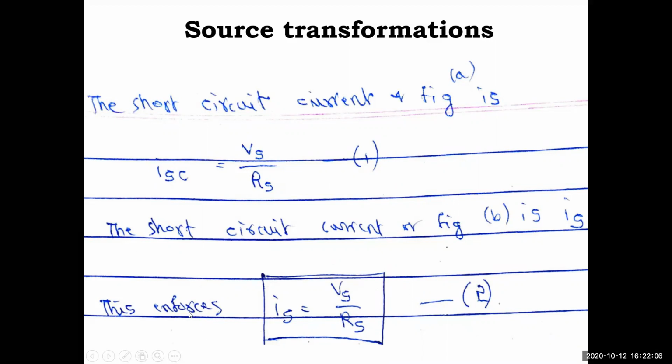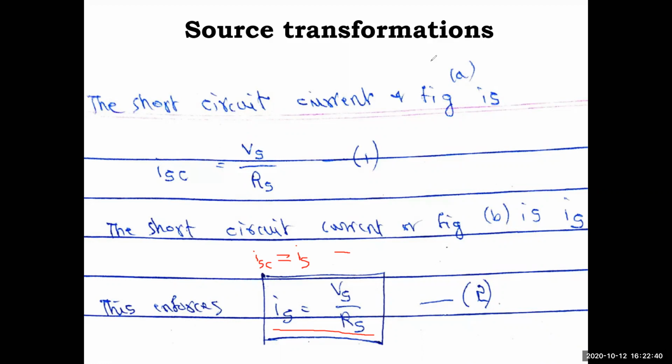So from this equation and this, here ISC is equal to IS, and here ISC is equal to Vs by Rs. I may have missed one step here. So you can write here that the short circuit current with respect to circuit B is equal to IS. So from these two equations, ISC cancels out, so IS is equal to Vs by Rs. So we got one equation for the R equal to 0 case.